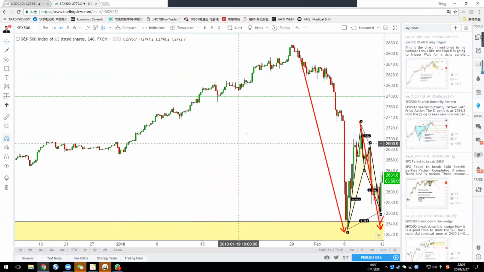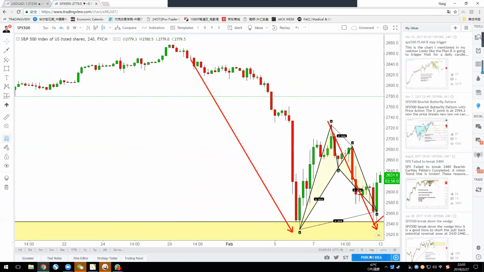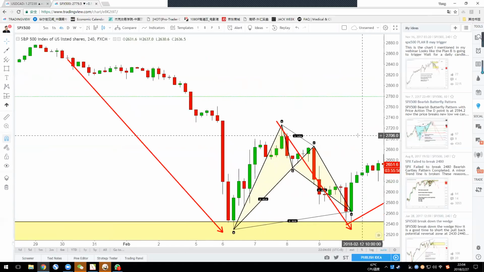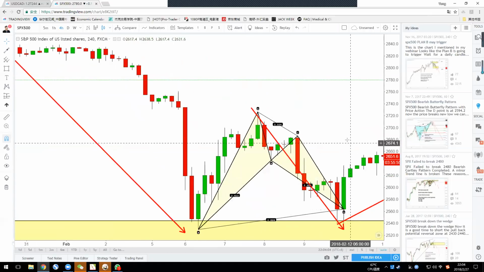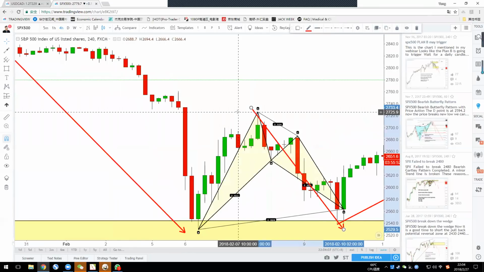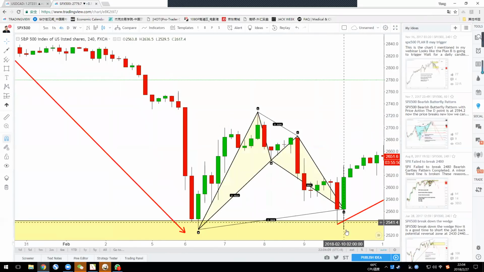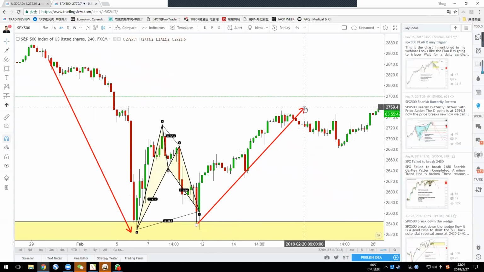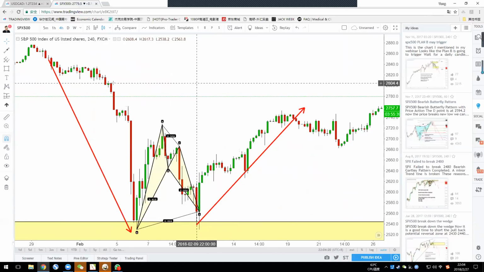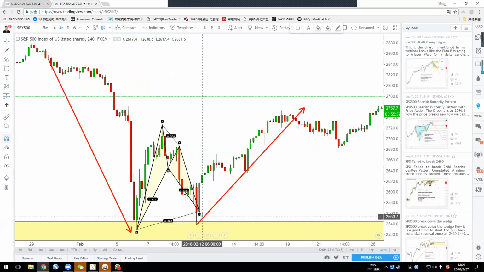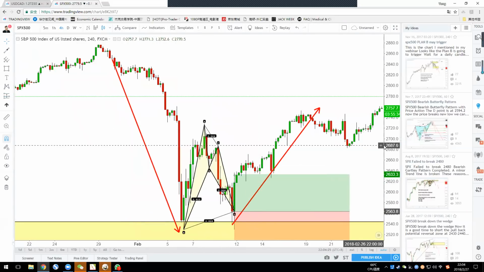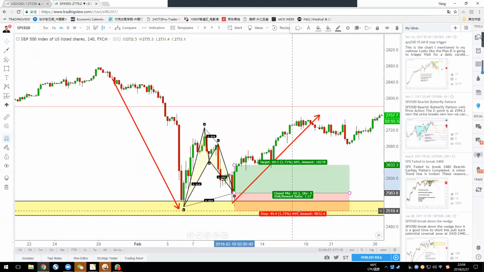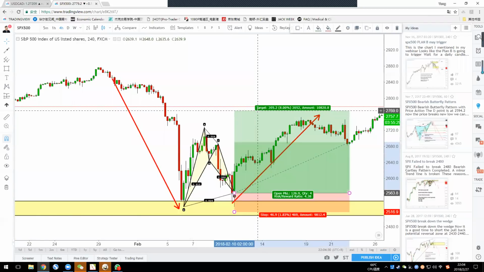Don't be scared. Wow, the market is crazy, it may go to what, blah, blah. Don't listen to the stuff. Just trade what you see. This is a very good example of trade what you see, because you know what you are doing. If you're buying from 2560, your stop loss is 2520, you're risking 40 points, and you're getting 5 times your reward. Why not take the trade? Don't be scared.